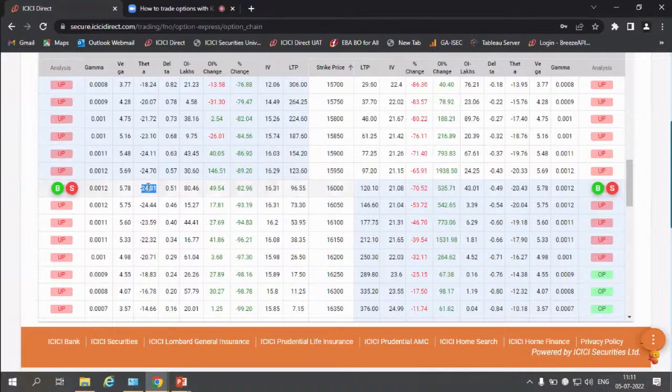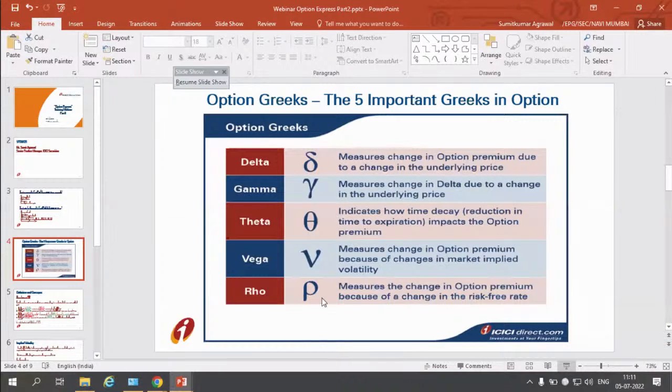So tomorrow, if you come and see, this 24 will drop by another 10, 12 rupees or something like that. So every day, when a day passes, the theta will keep dropping. So that's theta. Another one is Vega, which measures the change in option premium because of the change in the market implied